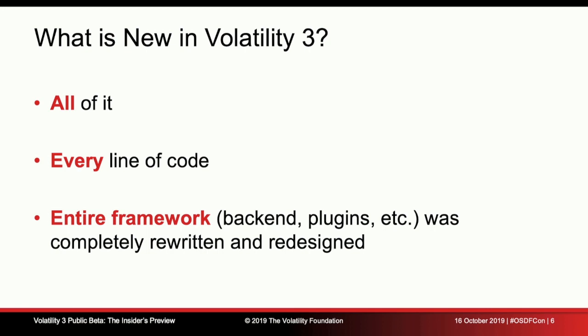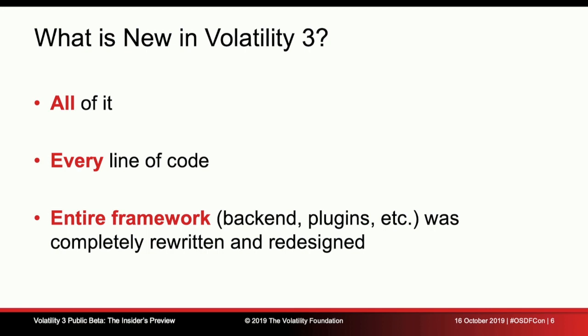It's actually a tree made up of various layers, and the name fits better what actually goes on. Instead of profiles, you have symbol tables, because a profile is good and you can vaguely fit it, but symbol tables are specific to a particular operating system, and the point is that you can have more than one symbol table. So an application might have a separate symbol table to the operating system, to something else, to a different application. Every single line of code has been rewritten,